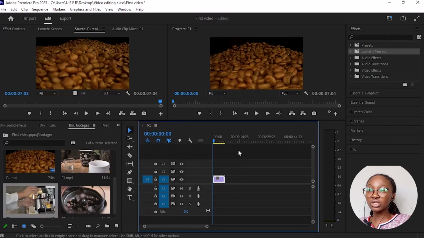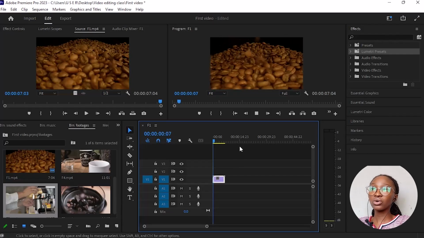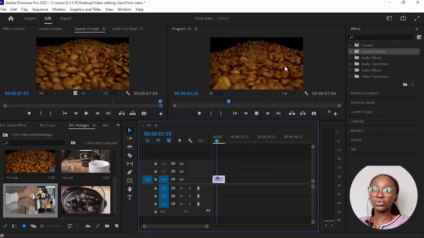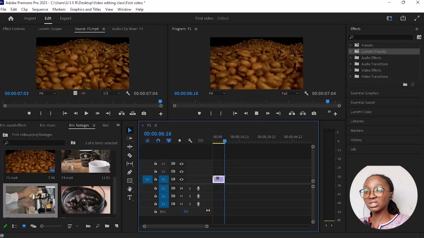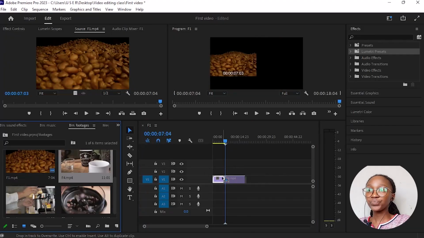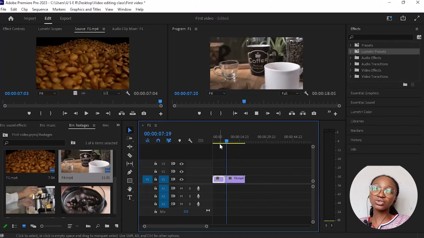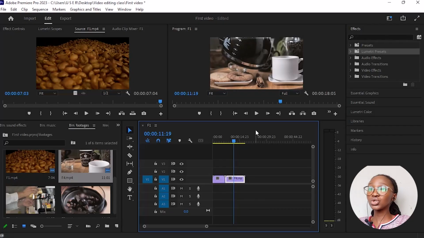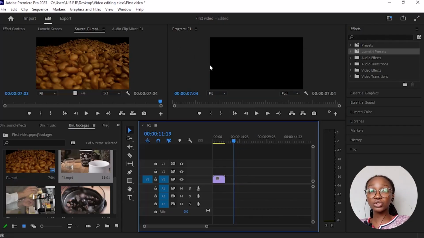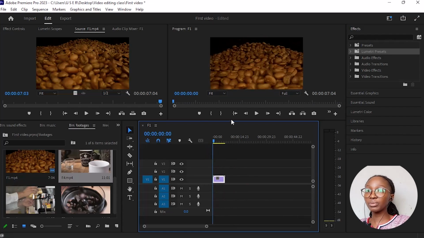Like I said, this is our project, this is our timeline, and you can always view it in your program monitor. When I play it now, can you see that it starts playing in your program monitor? If I add the next video in front of it, it continues automatically with the next video without even having to stop. That is what your program monitor does. So, coming back here,